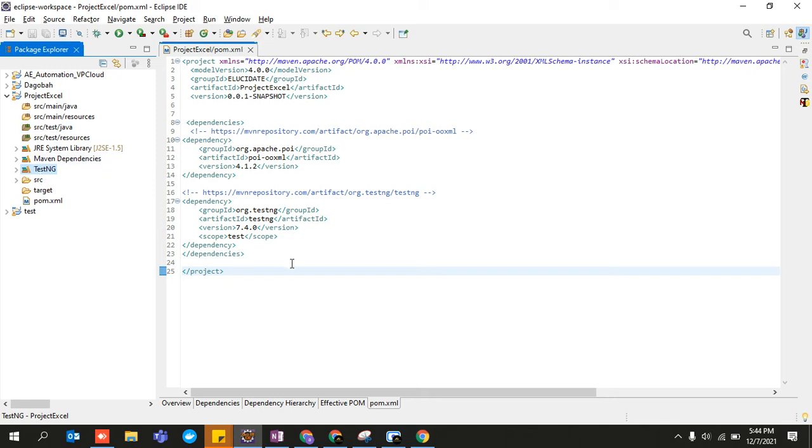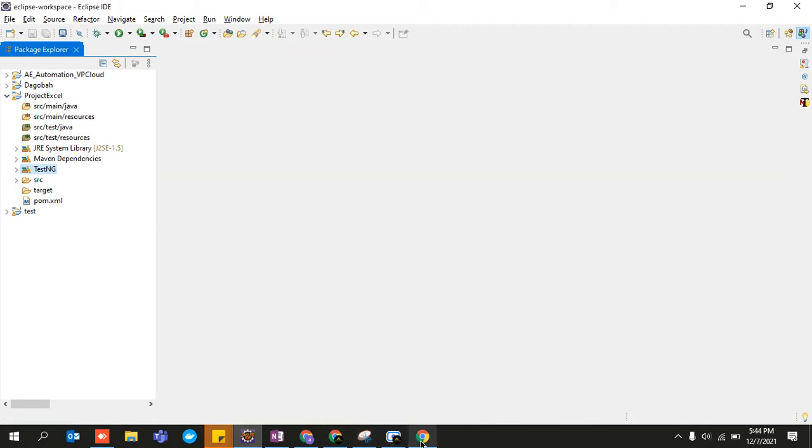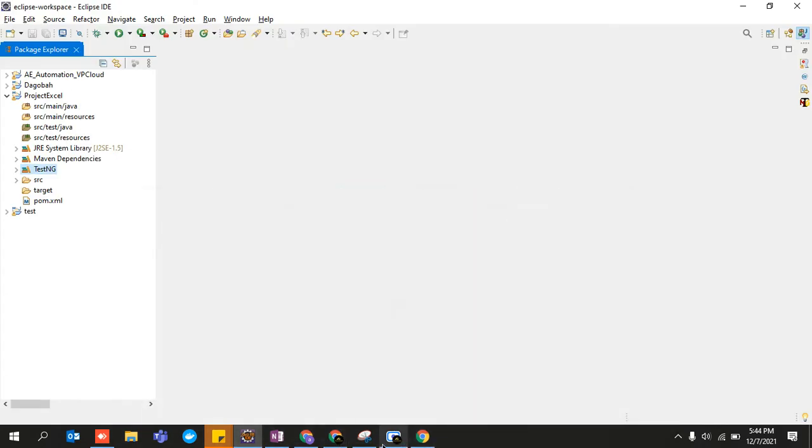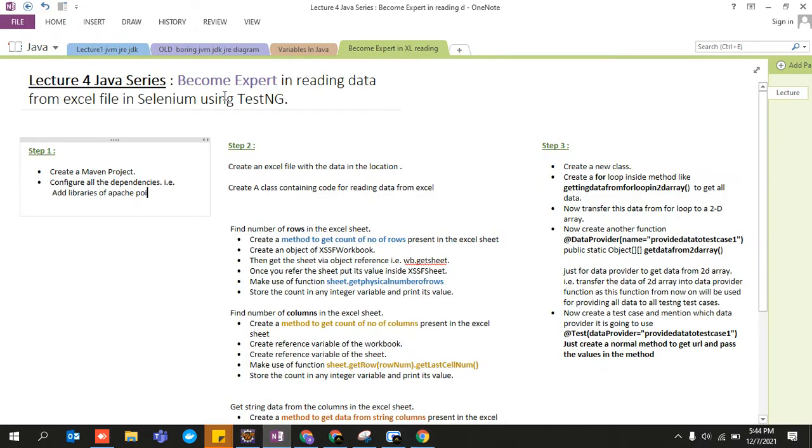Okay, so this was all the configuration part that was required to be taken care of. This configuration part has been done, which was step one. Now comes the basic part, which is the most important part, step 2. Now we are going to read data from an Excel. So let's create an Excel at a particular location.